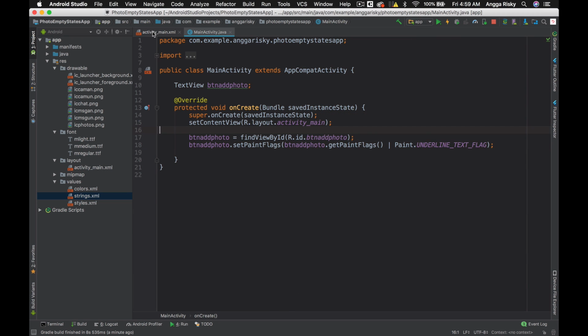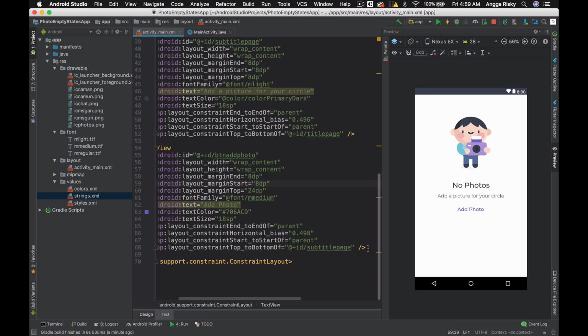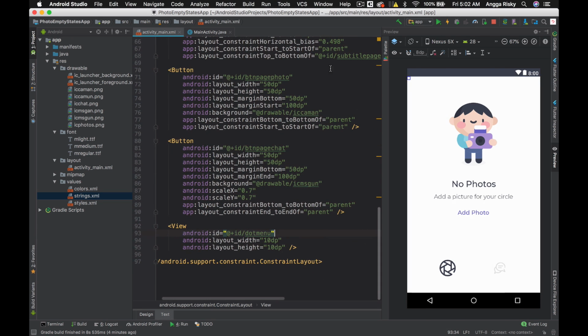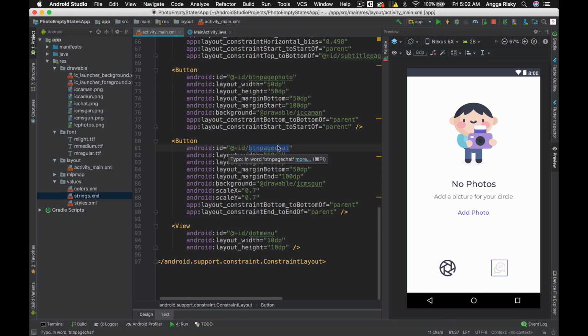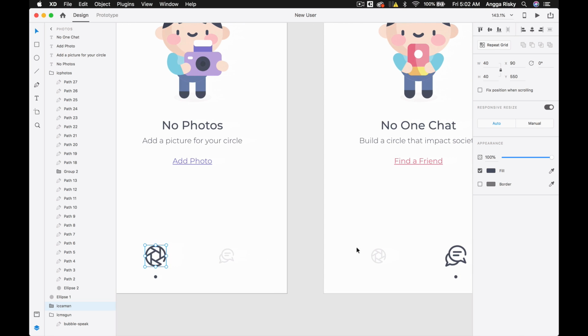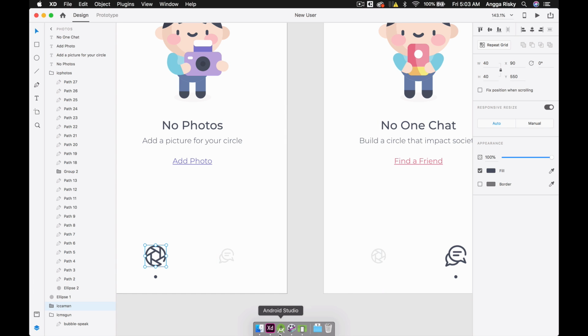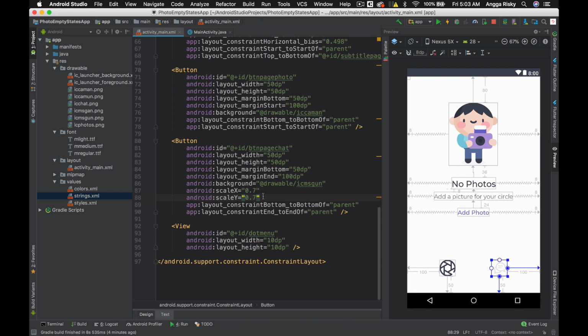And then we just need to continue with the buttons and then the view. So we've got two buttons here, button page photo and then button page chat. In the button page chat they've got scale X and Y because we want to animate them later on like this. So if you see over here, the icon would be small and then bigger and vice versa. We have to use scale over here because we're going to use the animation later on.